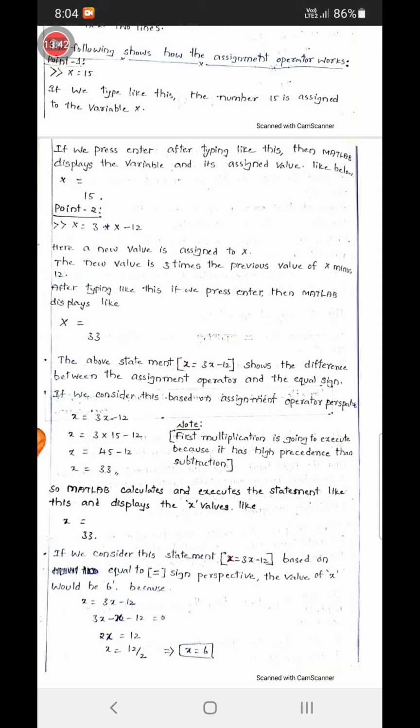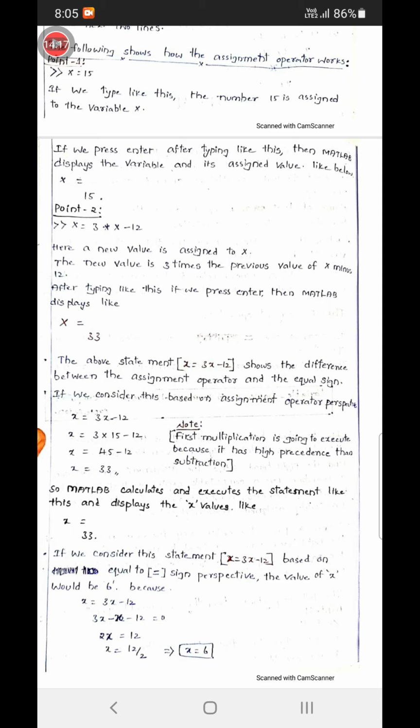If we consider this from the assignment operator perspective, we calculate this computable expression based on the assignment operator. x assignment 3x minus 12: in the place of x we substitute the value 15, so 3 into 15 is 45, minus 12.